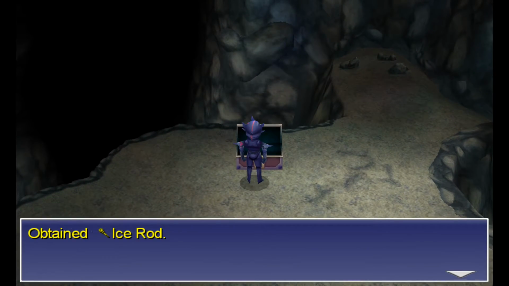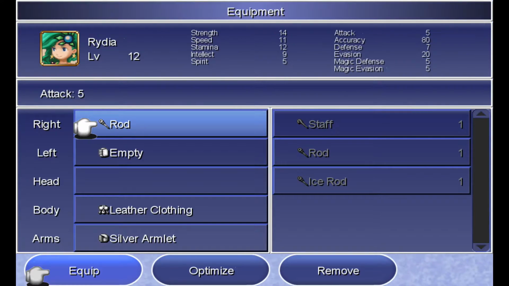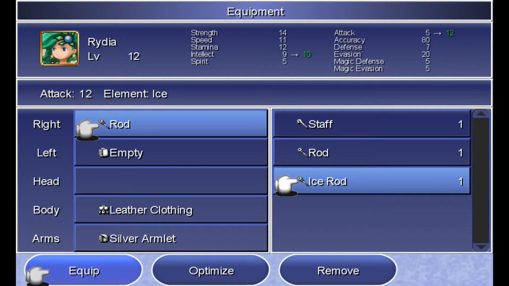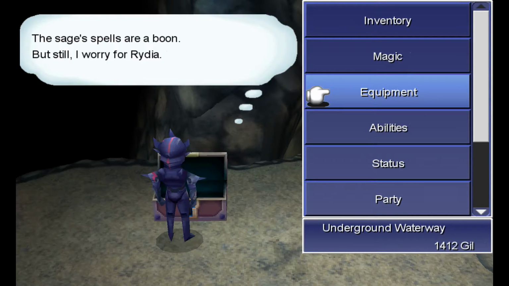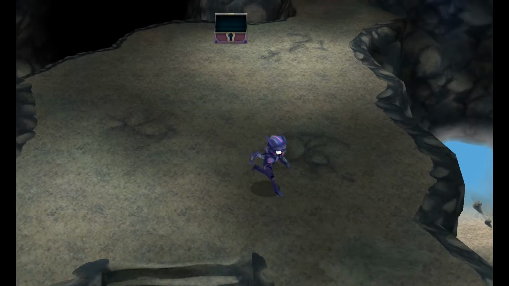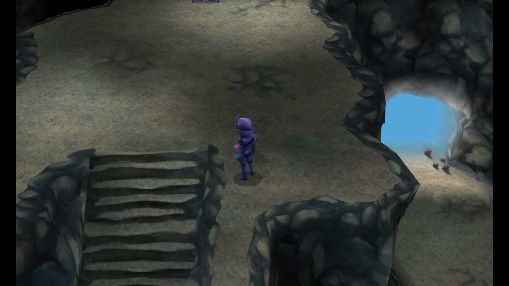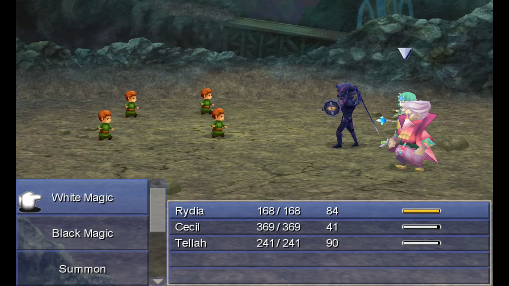And up ahead we get an Ice Rod. Let's equip that immediately. Yep, definitely better than a rod, although the rod still has its uses. But yeah, she'll be able to actually exploit elemental weaknesses now, which will be nice. I mean, Tellah, he does...